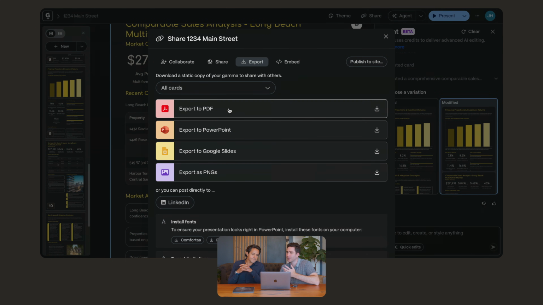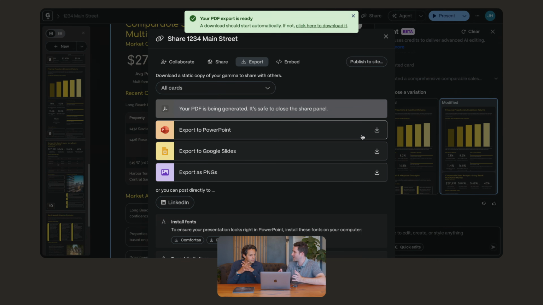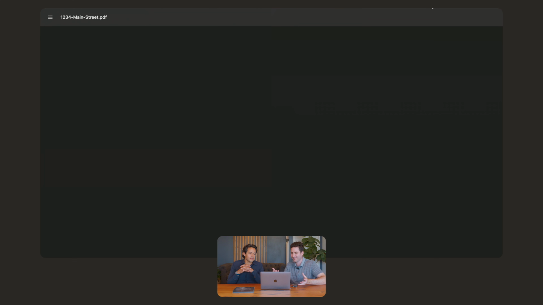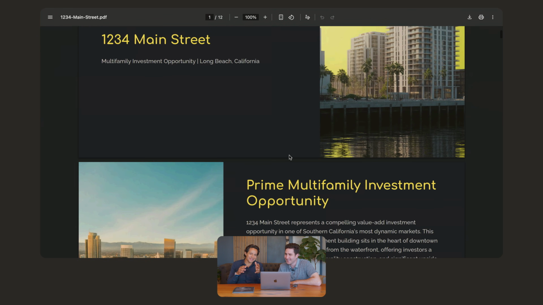Okay. So if you wanted to, you could share this with your team to collaborate. You could download this as a PDF, as a PowerPoint, Google Slides, but we'll just open it up in PDF format so we can see it a little more clearly. This theme is just okay. You probably want to do something a little more. Not like that, I'm already impressed. I get it, it does more, but this is good enough for me.